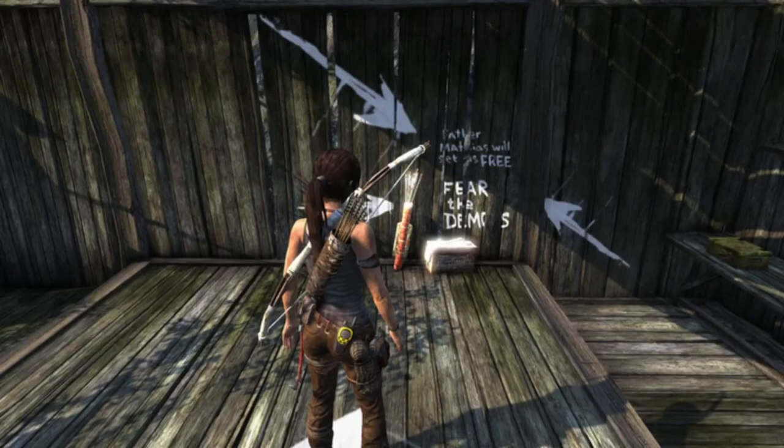As an example of that, here's Tomb Raider 2013. So what's wrong with this initially? It might not be immediately apparent, but you can see that this arrow goes down an angle, this one goes up at an angle, but these drips kind of drip off into the side. They don't follow the flow of the grain of the wood that they're on. They drip away, they point in different directions.